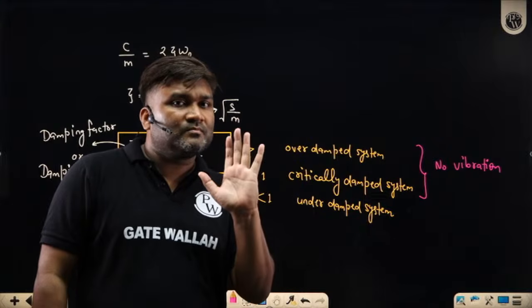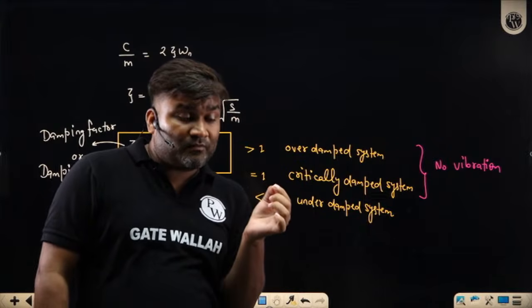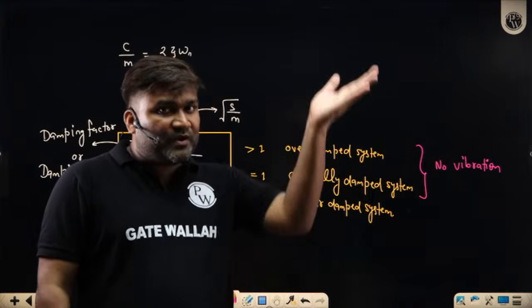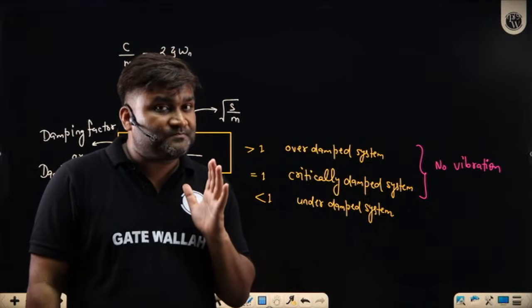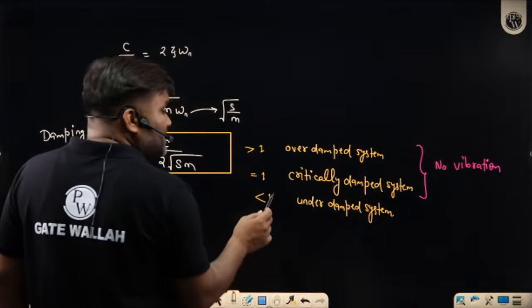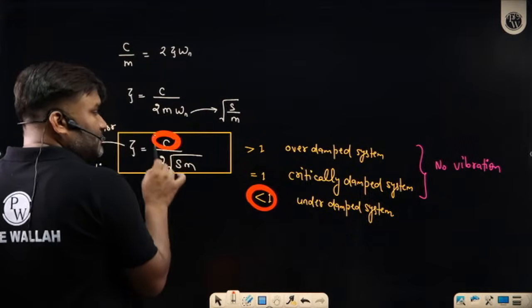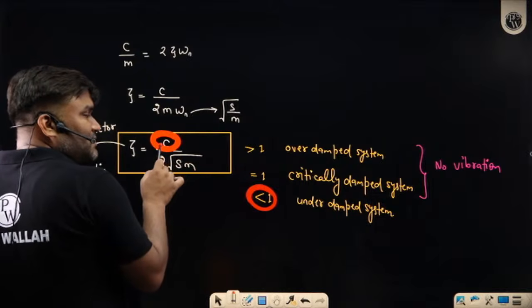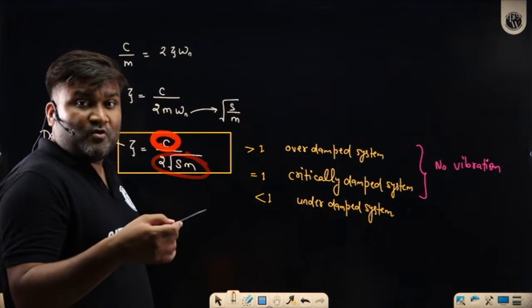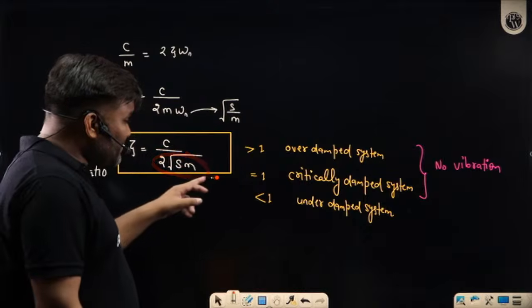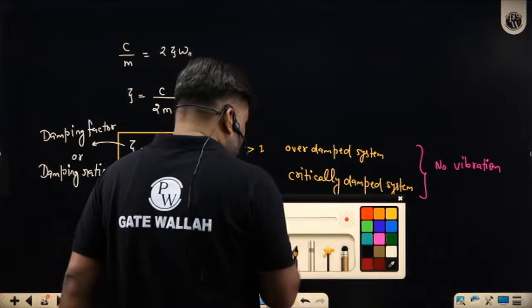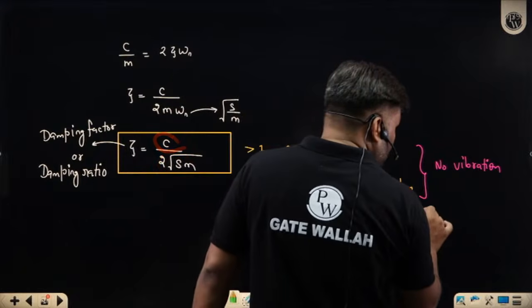So upon disturbing, when you release this setup, system is doing some motion, but this motion was not like a sine wave. I will not say this is vibration. No vibration. If friction is there, but that friction is quite less, this c value is very, very less as compared to stiffness and mass. Huge value of mass, huge value of stiffness. These terms are dominating. Zeta is a smaller value, less than 1. Underdamped system. Vibration is seen only in this case. System vibrates.